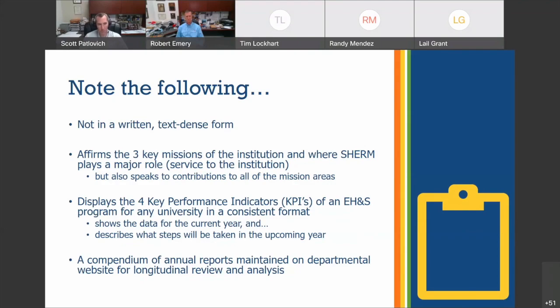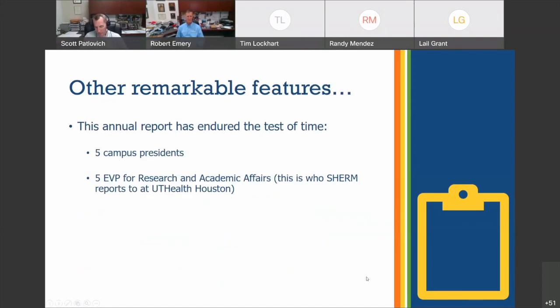So we do keep a compendium of annual reports on our website that we maintain for the department, so you can actually see over the course of time how things have changed. Although I will admit that our IT folks, specifically the people who manage our website, will contact us occasionally and say, hey, some of the links that you have in the report, or maybe some of the outdated logos that still exist, need to be taken down. And so we've chosen not to put all of our annual reports going back to the beginning of time on here, but the last couple of years you can find on our webpage.